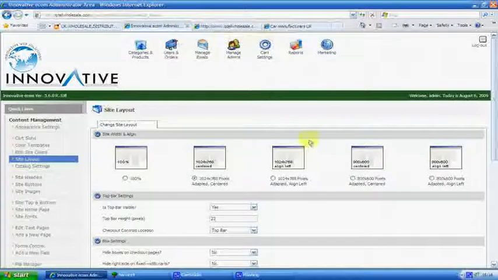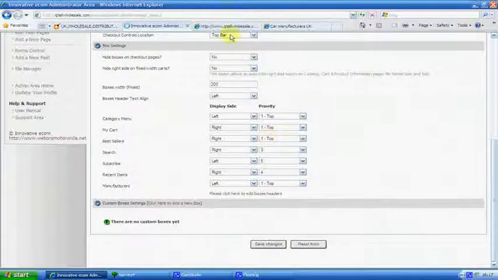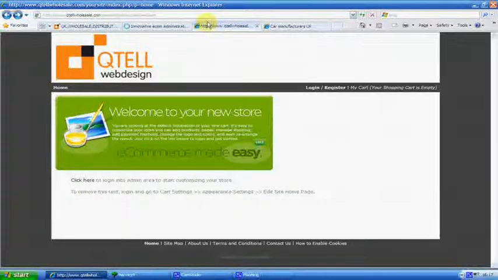No, it didn't appear. Okay, so we'll bring them all back in again. So we're just bringing them all back in. My cart, right, categories on the left, and put them on the right, put them on the left, right, and manufacturers left. Okay, save the changes and refresh the page,